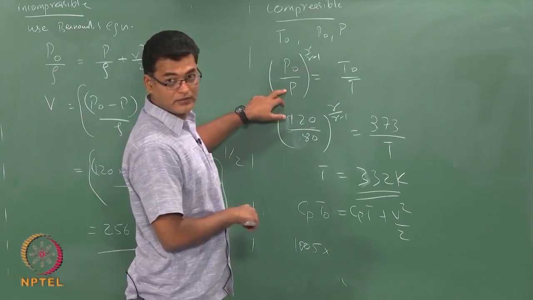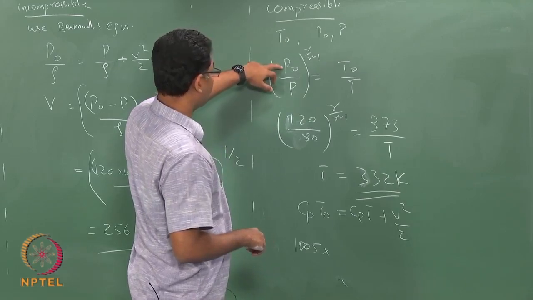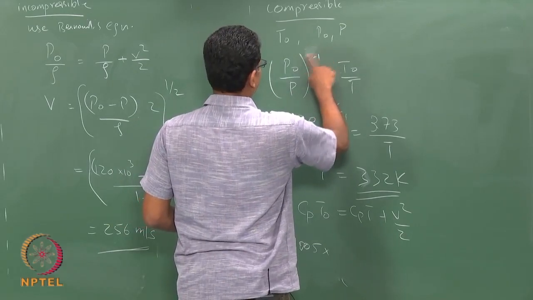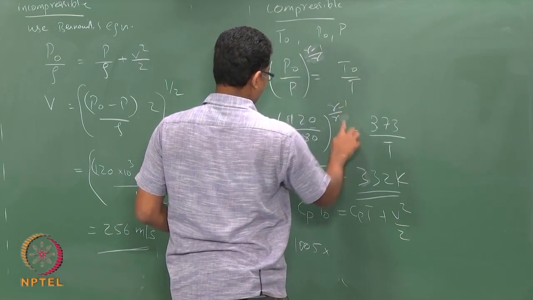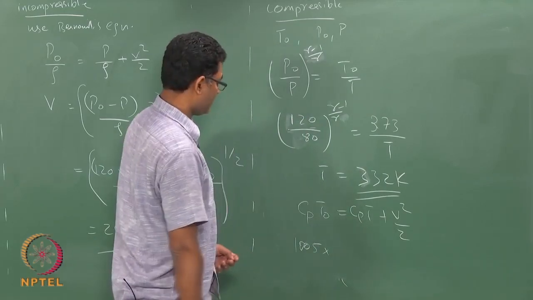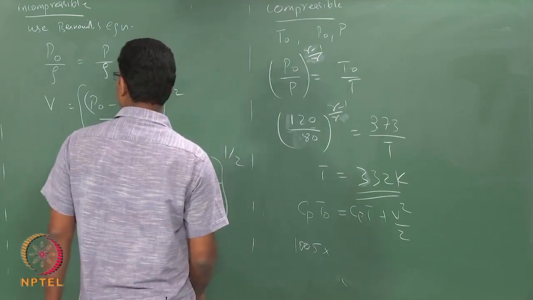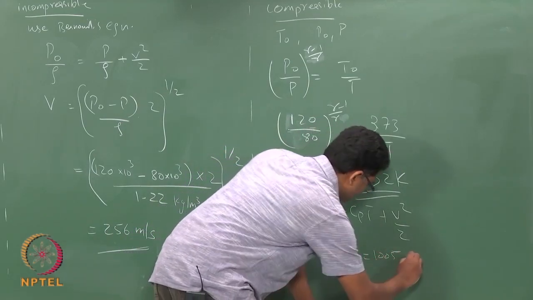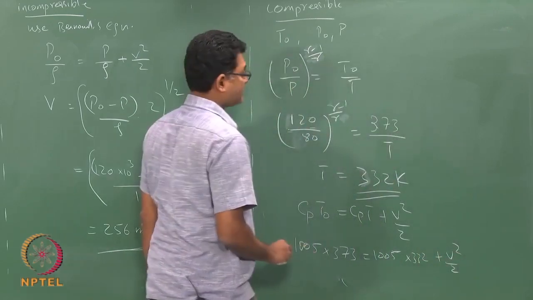Cp into T0, 373, equals 1005 into 332 plus V square by 2, from which you would get